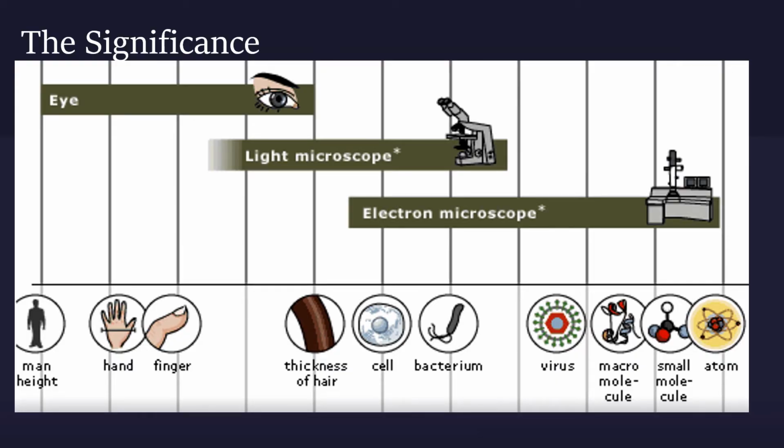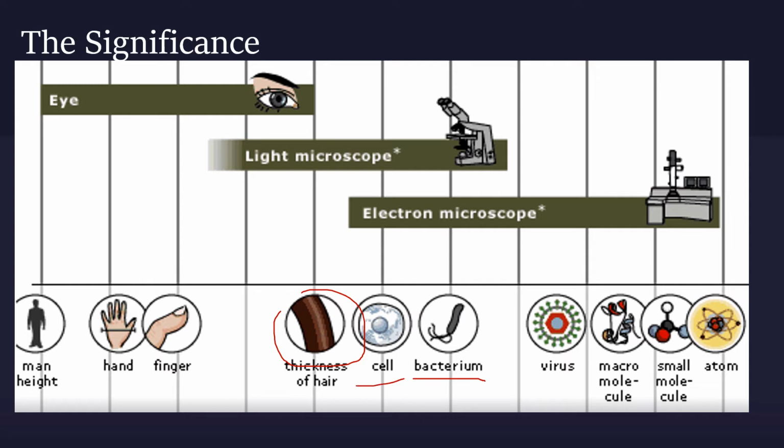Now see significance. With your unaided eye, you can see yourself in a mirror. You can see person around you. You can see your friends. You can see hands. You can see fingers. But you cannot see when we say that there's some bacterium or bacteria present in the milk. You cannot see fungi present in the batter. You cannot measure thickness of your hair, right? So with the light microscope, we can magnify small objects like hair. We can see bacterium, we can see cell.